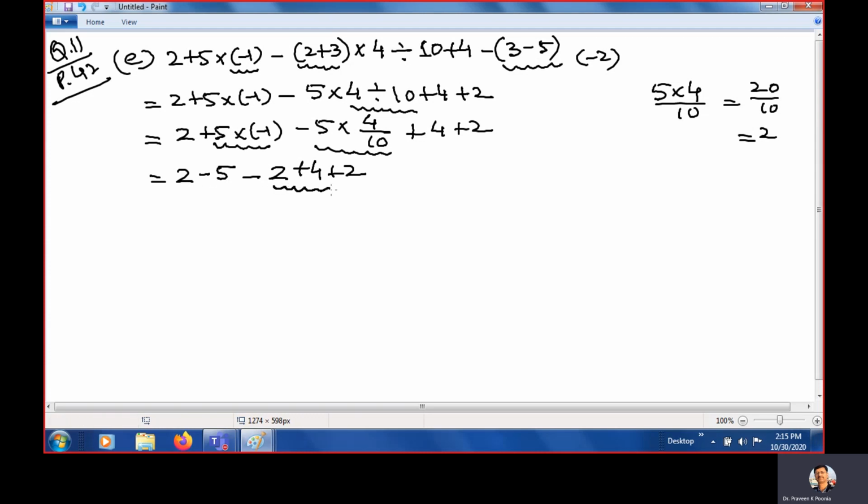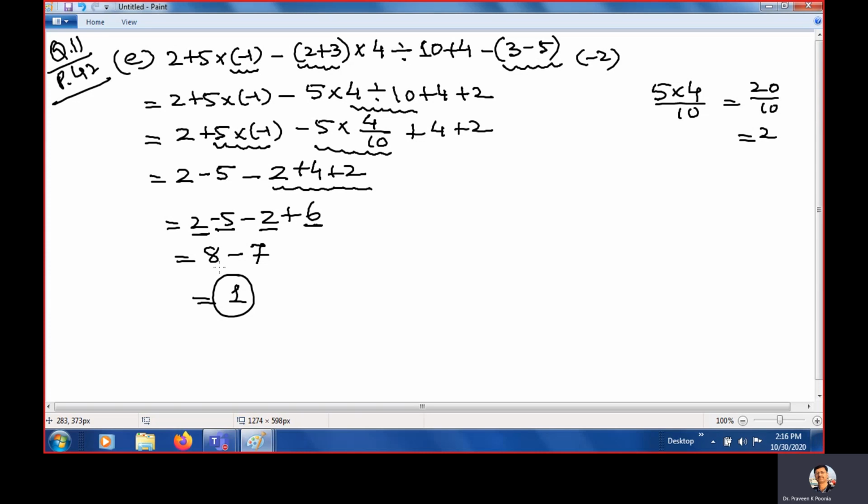Now you need to make plus first. Oh, this is wrong. Yes, these numbers are plus. So 2 minus 5, minus how much? 4 plus 2 is 6. So minus 2 plus 6. And if you take 6 plus 2, this plus this plus, it is 8. This minus, it is 7. And 8 minus 7 is 1. So this is how we can solve using the BIDMAS rule, and you need to practice these questions.